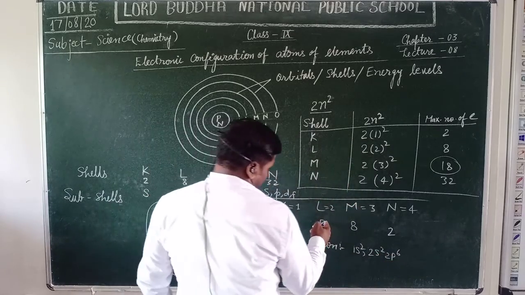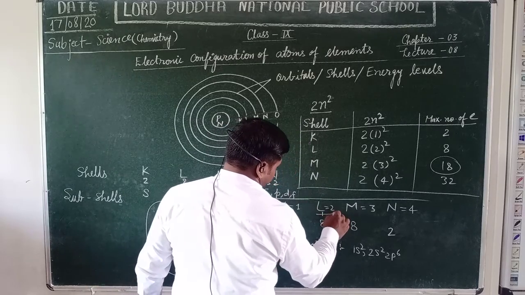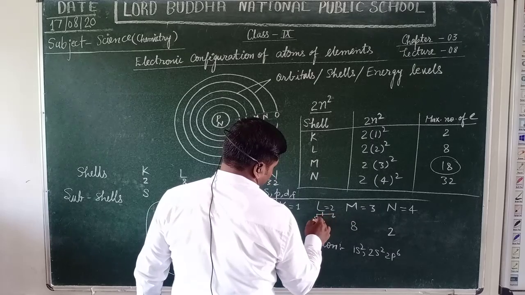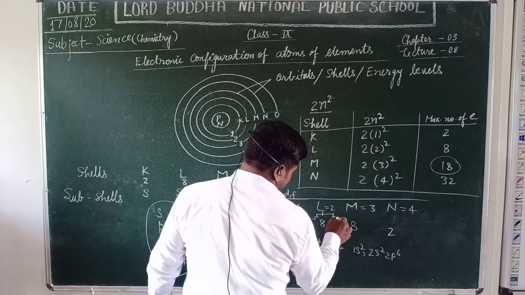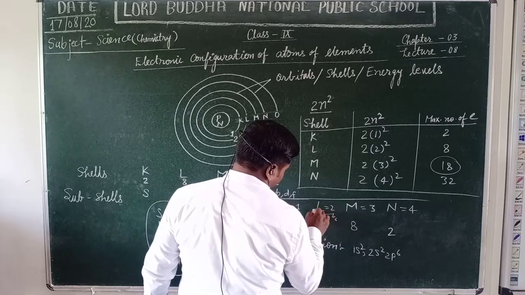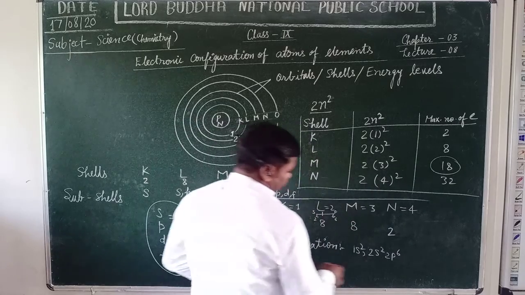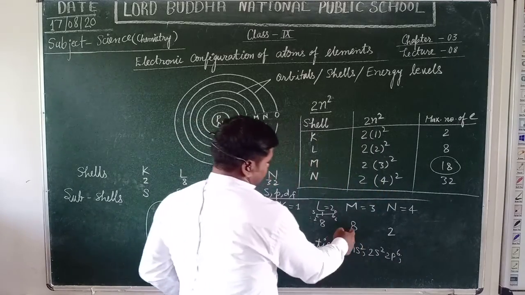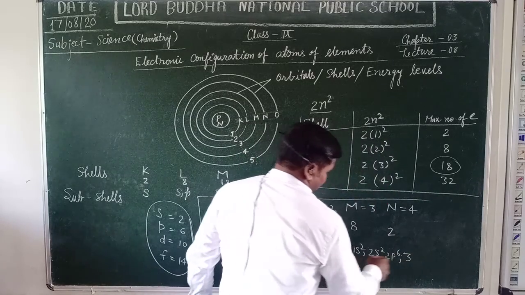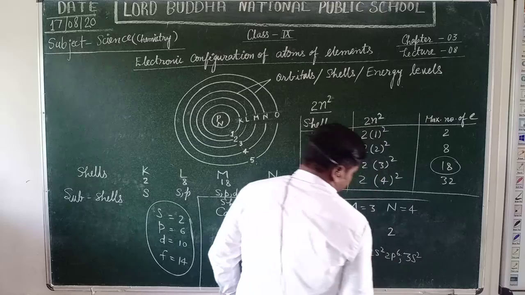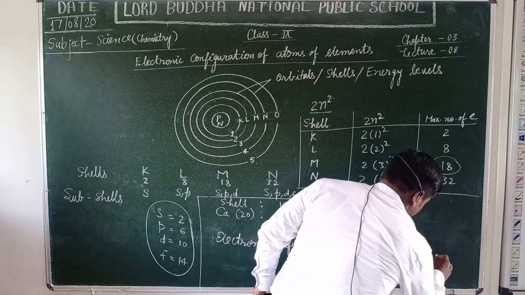All the shells are completely filled because it has 8 electrons. 2 electrons are filled into the s subshell, and the remaining 6 electrons are filled into the p subshell. Thus, its shell is completely filled. Now the further electrons go into the third energy level, and it can be illustrated as 3s2, 3p6.